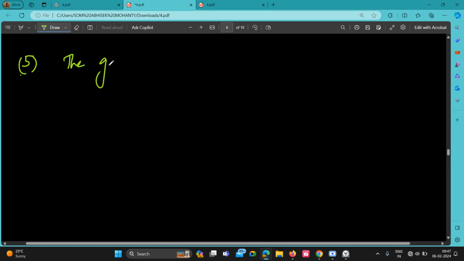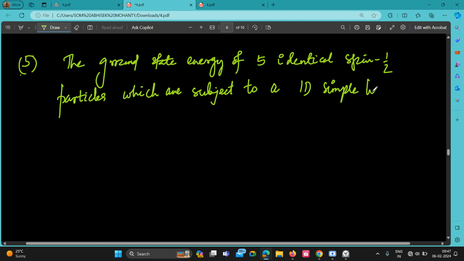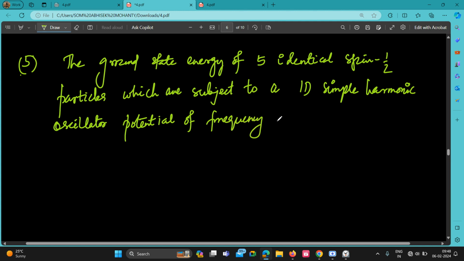The ground state energy of 5 identical spinor particles which are subject to a one-dimensional simple harmonic oscillator potential of frequency omega is